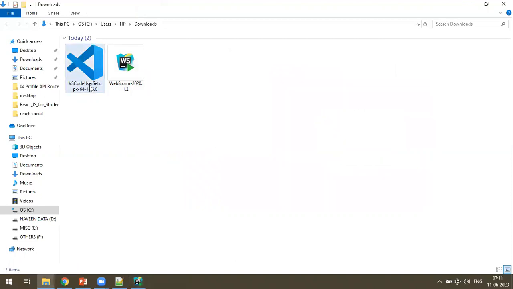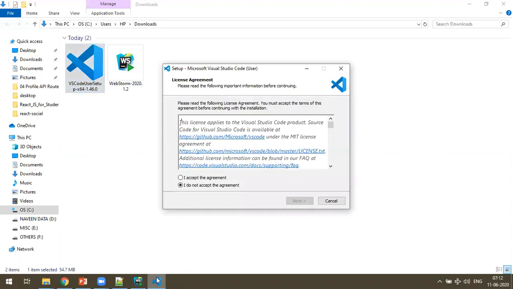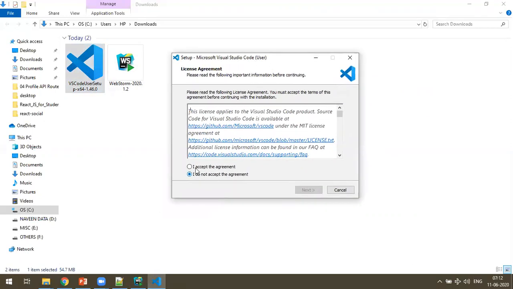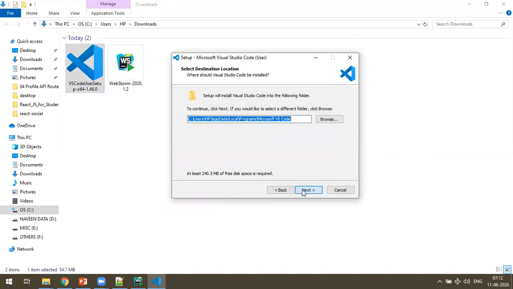So let's start. So let me double click on the VS Code also. Okay, so VS Code is like this, and you can just accept the agreement and click on next. And this is installing in C users HP.